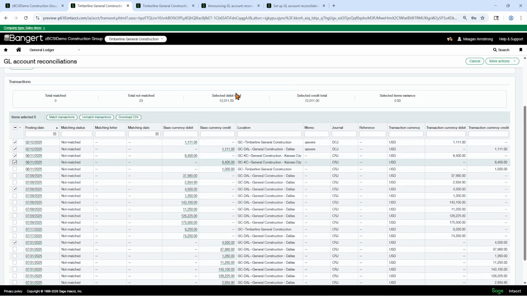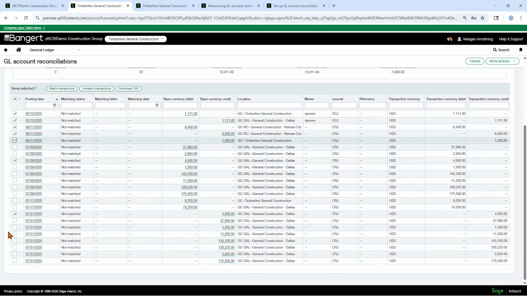And it's tracking up here the total that I've selected, both in debits and credits, and the variance. So I'm looking for $1,000. Looks like I don't have this $1,000 somewhere in here, so let's leave that unchecked. Or I missed it.